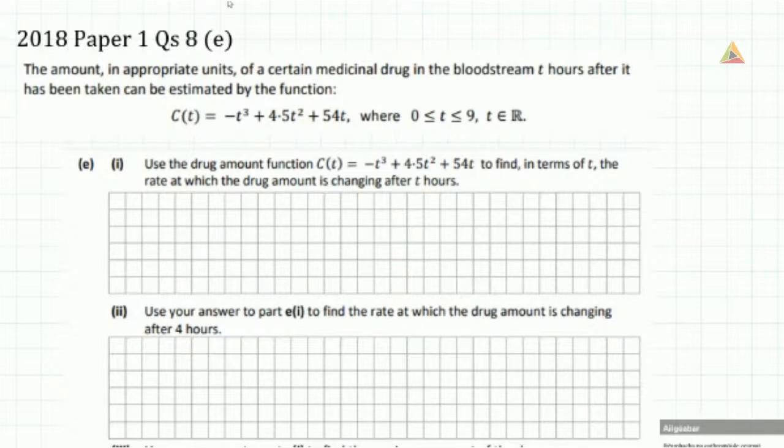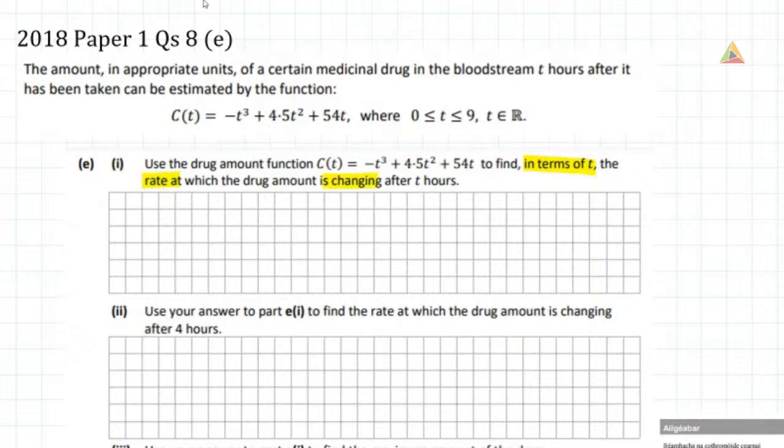So the part E that we're looking at says use the drug amount function C of t is equal to minus t cubed plus 4.5t squared plus 54t to find in terms of t the rate at which the drug amount is changing after t hours. So a couple of things that we need to note there. In terms of t,